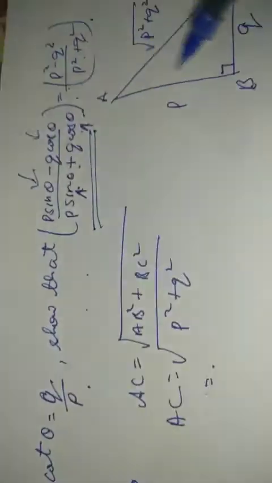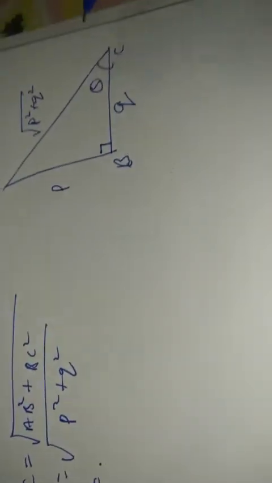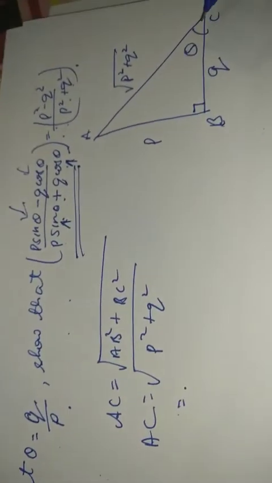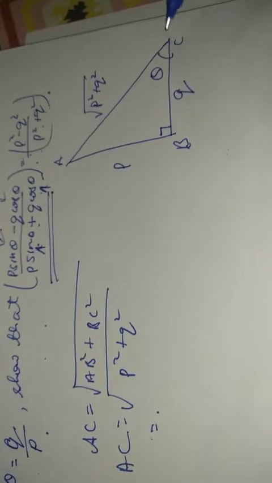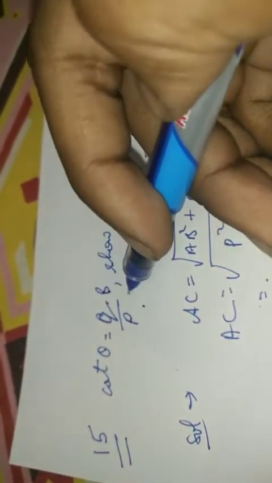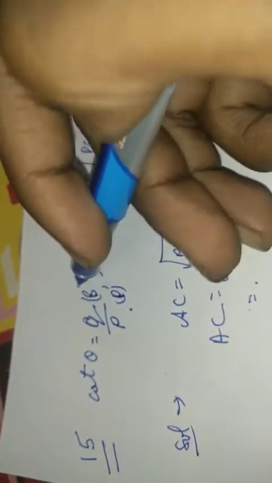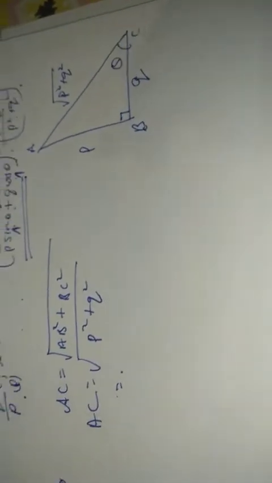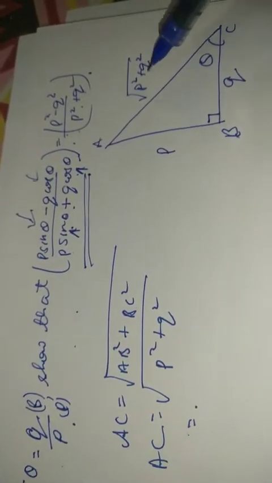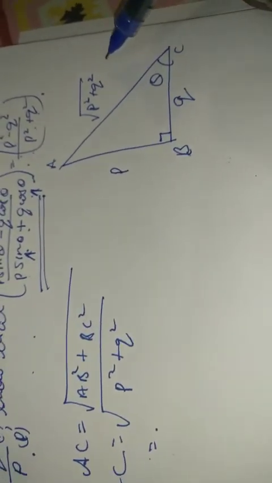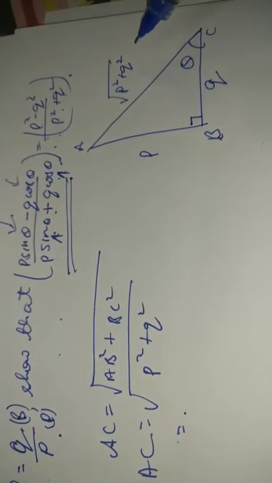Over here, let's make a triangle. It says cot theta, we will assign theta anywhere. Cot theta is the reciprocal of tan. Tan theta is perpendicular upon base, so cot will be base upon perpendicular. Base upon perpendicular, isn't it? Yes, that is what is written. Then as per the Pythagoras theorem, let's try to calculate the third side. Doesn't matter if it comes out in terms of p and q. No problem at all. Let it come out in terms of p and q.